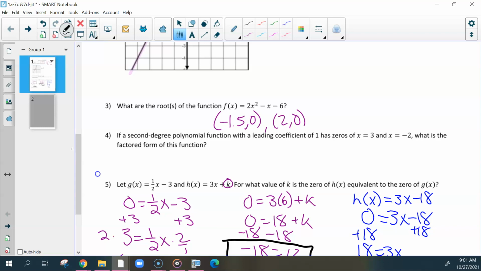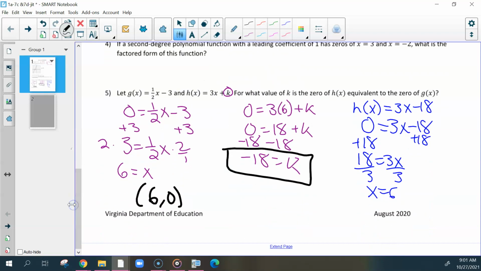If you were putting it in your calculator, the 2, 0 is easy to see. The negative 1.5, to see what the decimal would be, you would have to use the steps we found in the notes, the left bound, right bound, those things. Could you scroll down? On the next page,